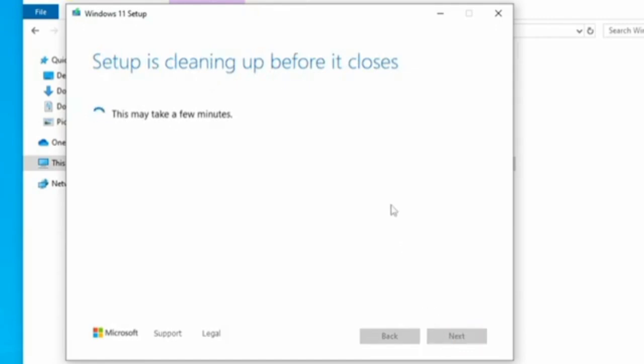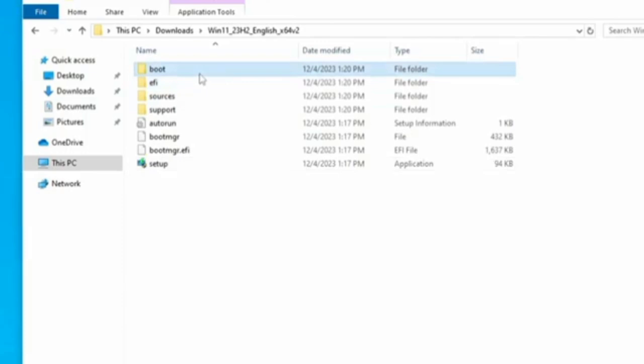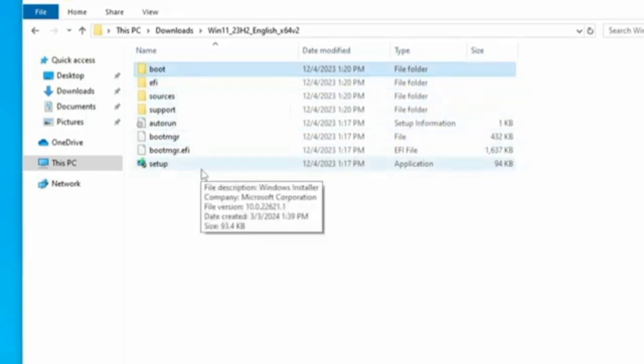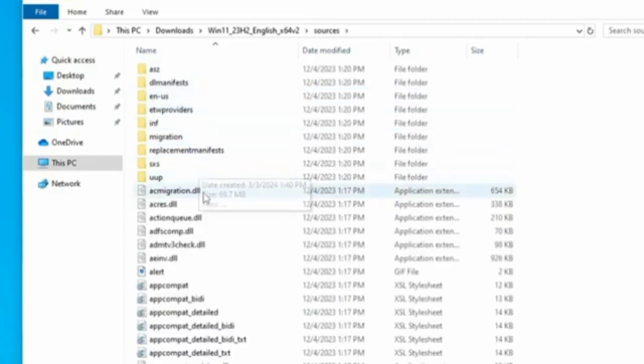Either you can apply a simple trick, or else you will have to create a bootable USB using the Rufus software. First we will be applying a simple trick because that is the easier way to upgrade to Windows 11. So right here is where you find all your Windows 11 installation files. Now here you have to click on the sources folder, double click on it, and then you have to look